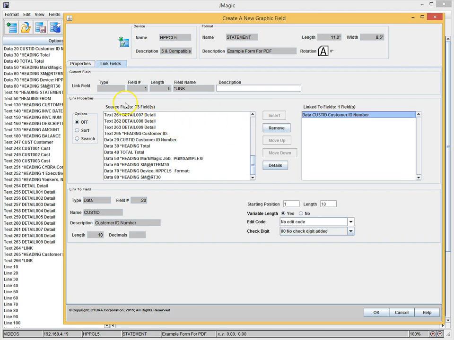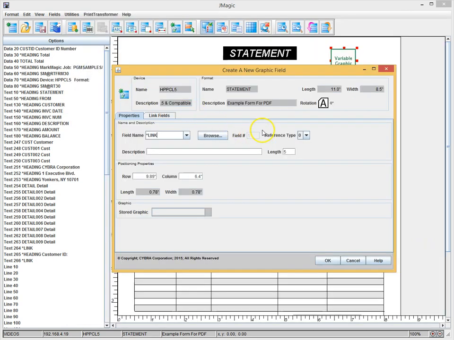And one important thing is we have to tell JMagic the variable information that it's linking to, what that should compare to on the graphic, because graphics have graphic numbers, graphic names, and graphic descriptions. We want to compare the information to the graphic name, so we choose N for the reference type, and you can see the length changes to 10. We hit OK,